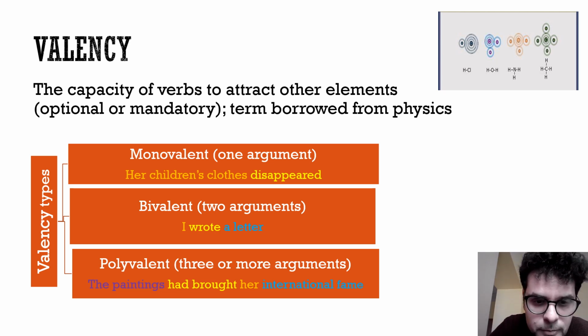Okay, so to bring would be a trivalent verb, with three, or polyvalent, just because it has three or more arguments. Now I can't think of any verbs that have more than three arguments, but the important thing is that the notion of valency, as you can see, is important because we see how the central node of the verb organizes, arranges the words around it. They all depend on the verb.